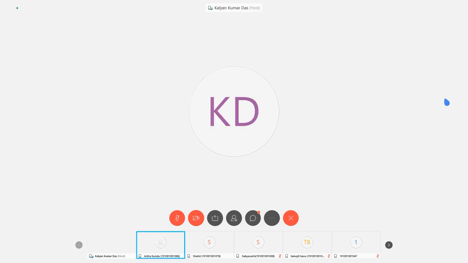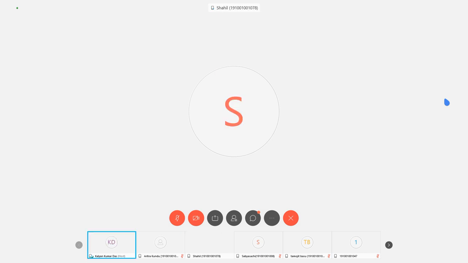How many dimensions are there in the two-dimensional array? Good question. Let me start with the one-dimension array, then it will be more clear to you. A one-dimension array has only one dimension. So to store elements in the array, you need to use only a single loop. It could be for or while or any other loop, but you need to use only a single loop for the one-dimension array.